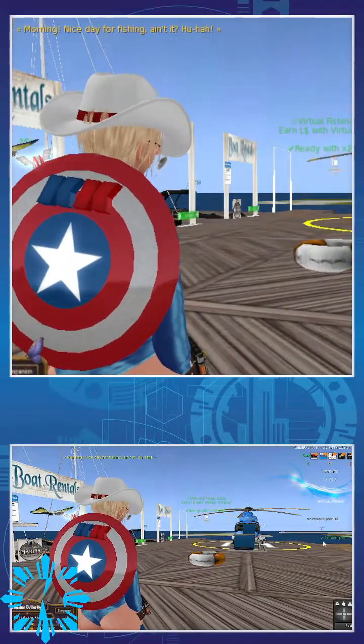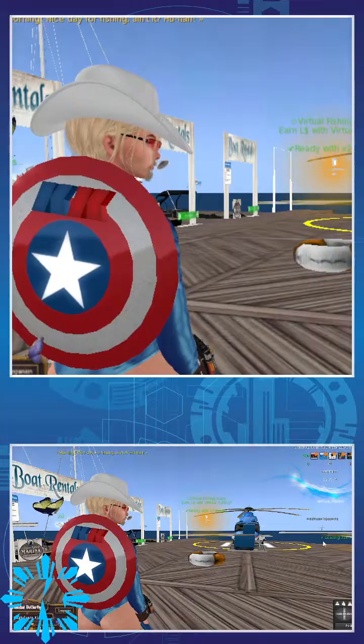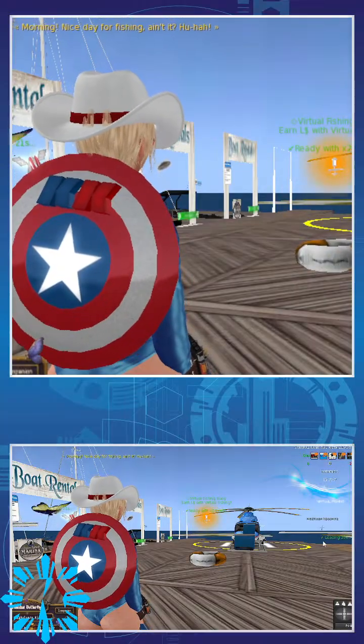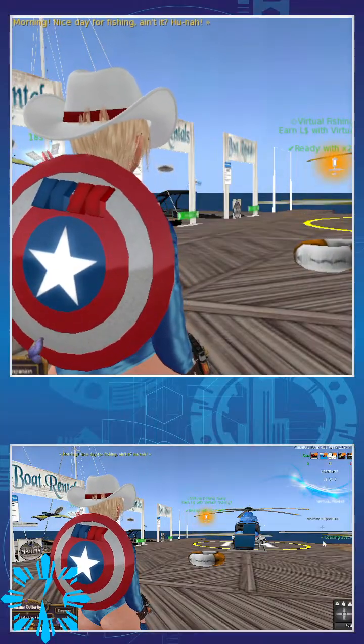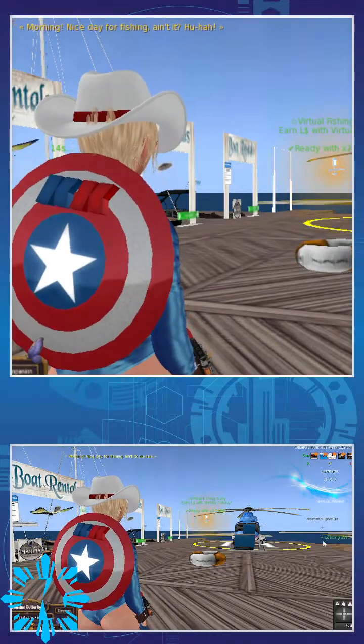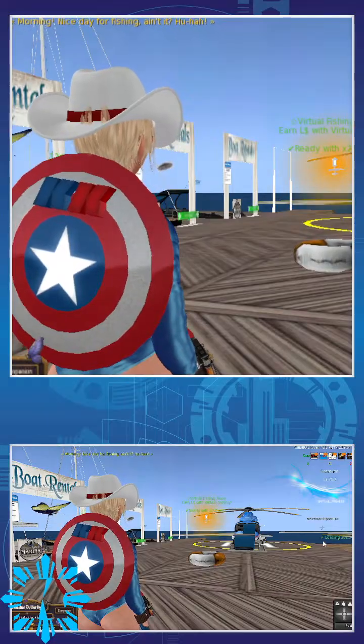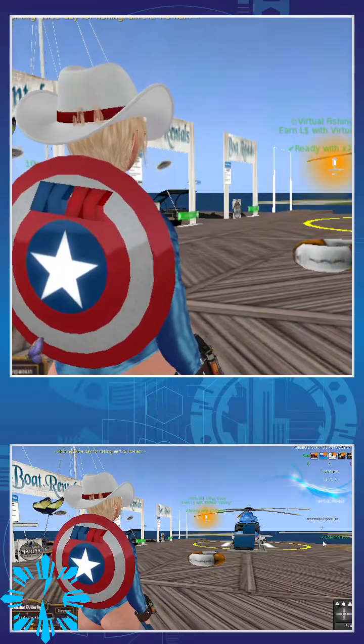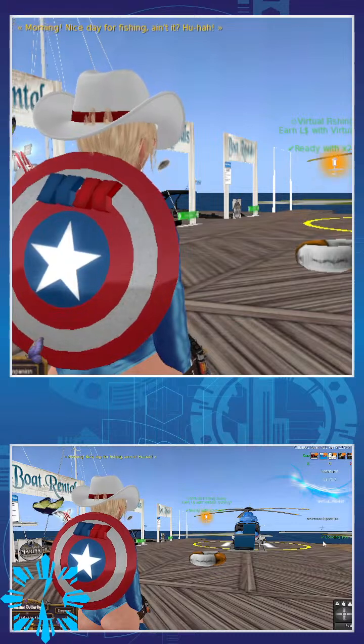So how does virtual fishing generate land traffic for landowners? Well, it's simple. The landowners are basically giving away Linden dollars to virtual fishing fishers.